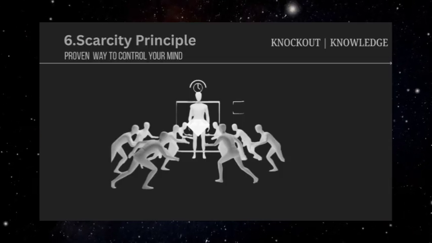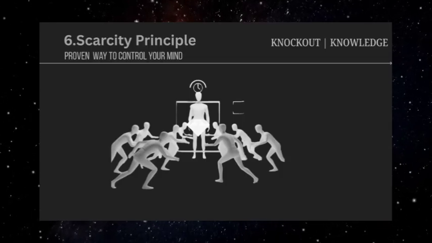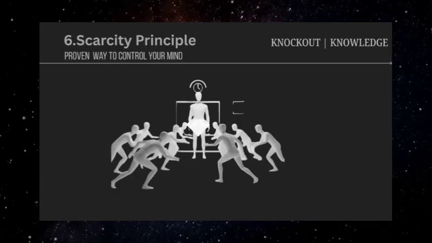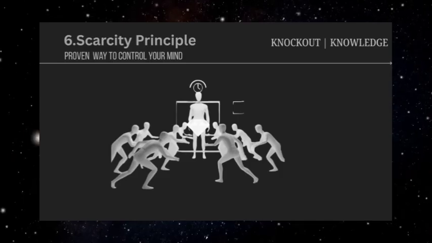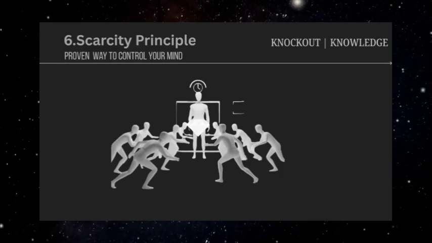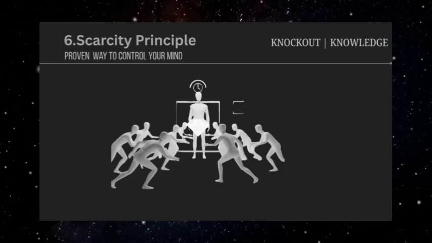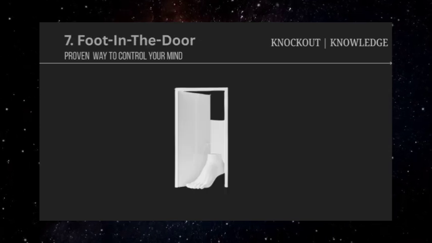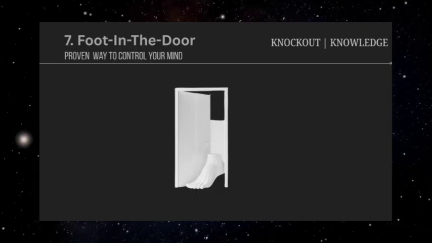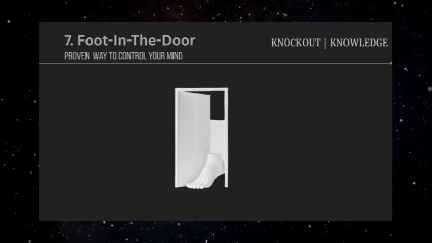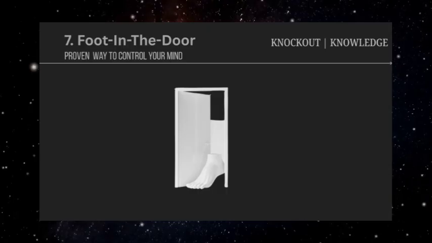This technique works because of something psychologists call commitment and consistency bias. Once we agree to something small, we tend to view ourselves as the kind of person who says yes to that type of request. To maintain consistency with this self-image, we become more likely to agree to similar but larger requests later. We don't want to see ourselves as inconsistent or hypocritical, so we continue saying yes even as the requests grow beyond what we're comfortable with.